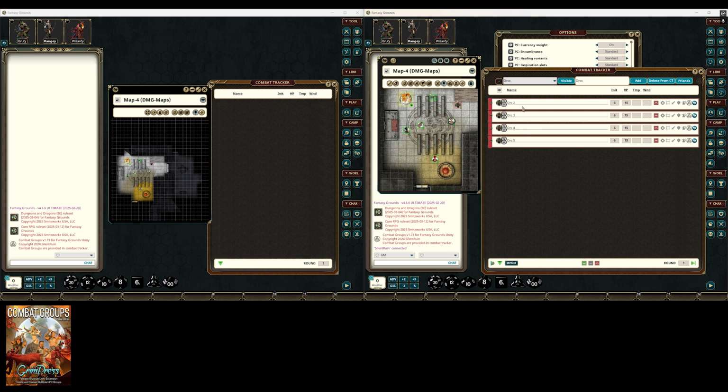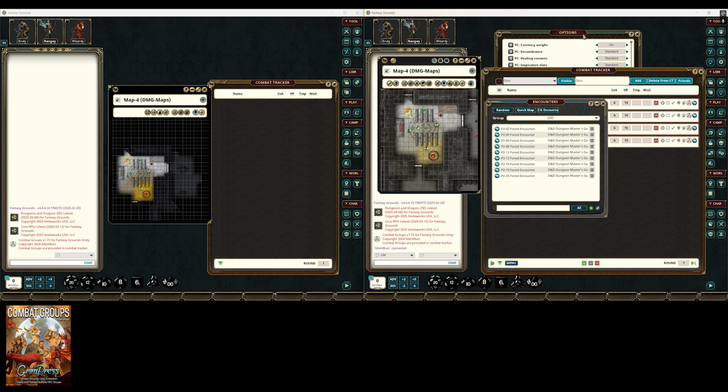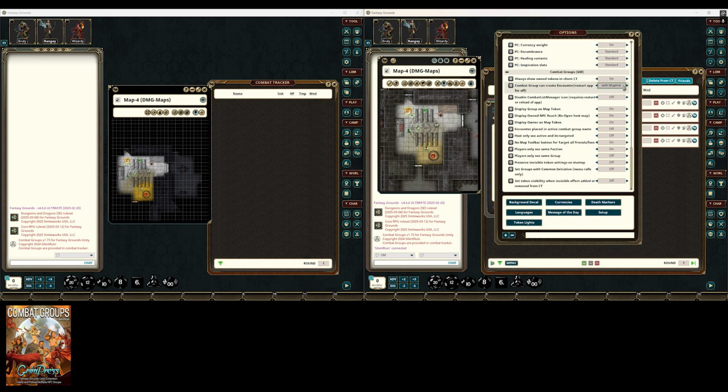I got the orcs, and I said, well, let's say they were put in some distant part of the map or some other map that I was setting up for the session, and I didn't actually want to have it in. What I can do is I can go to the encounters, and as long as this option is either on or on with map link, which is the default,